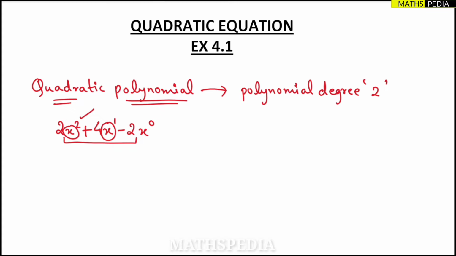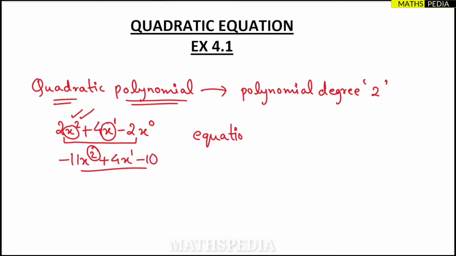So here in this polynomial we can see the highest degree, the highest power of the variable x, is nothing but 2. Okay, so that's why this is called a quadratic polynomial. One more example, minus 11x square plus 4x minus 10. In this example also you can see the highest power of the x variable is 2. It is not necessary that you always take the x variable, you can take any variable. Okay, so always remember, whichever variable is involved in that polynomial, the highest power of that variable should be 2 in a quadratic polynomial. Now what is an equation then?